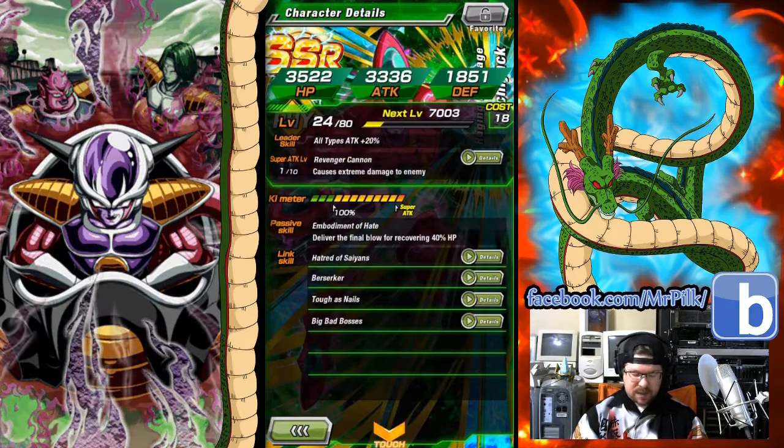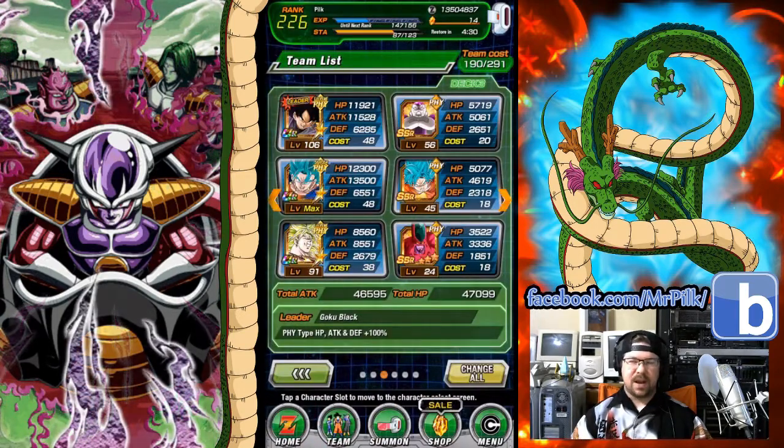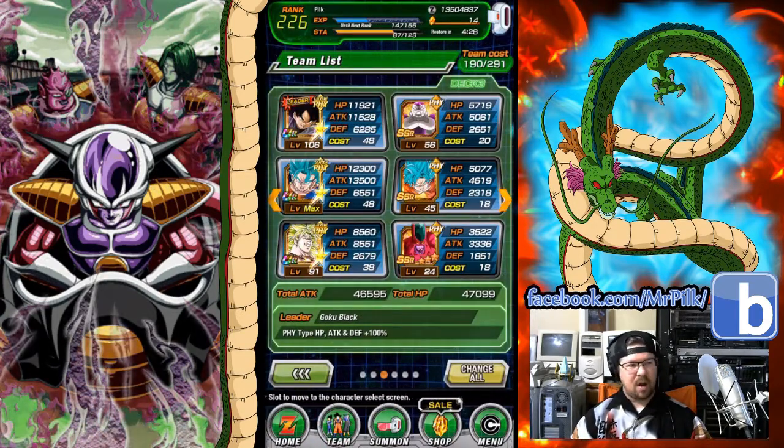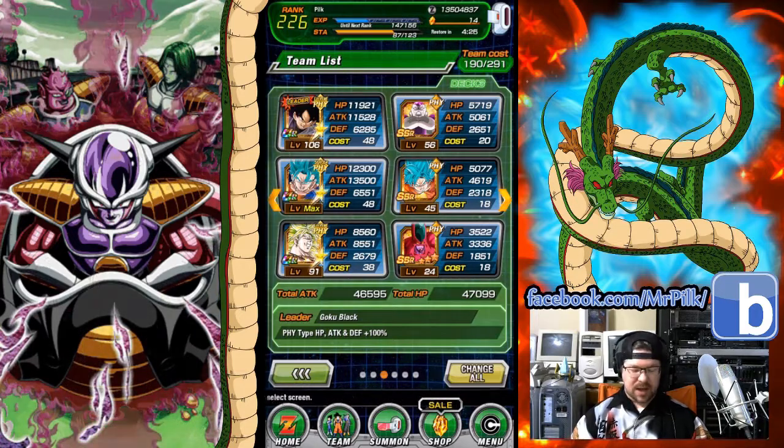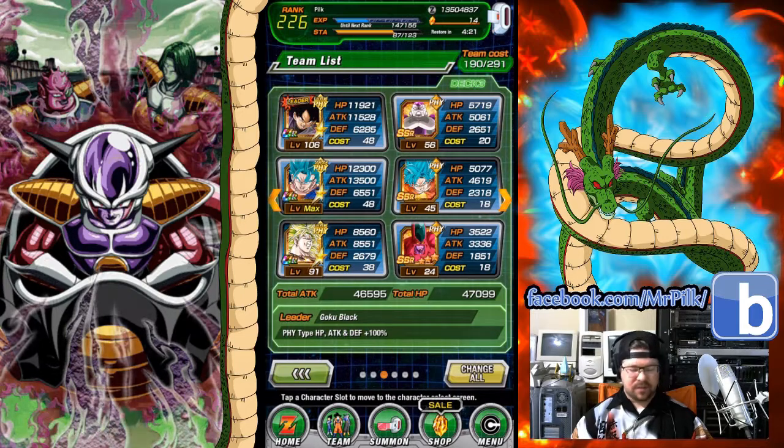He has big bad bosses. That's the only reason he's on here. Other than that, I think there's better fits than him. I just need to go through my team and figure out what I want. I mostly got him because at the time I was trying to test out the nuking capabilities of Goku Black,